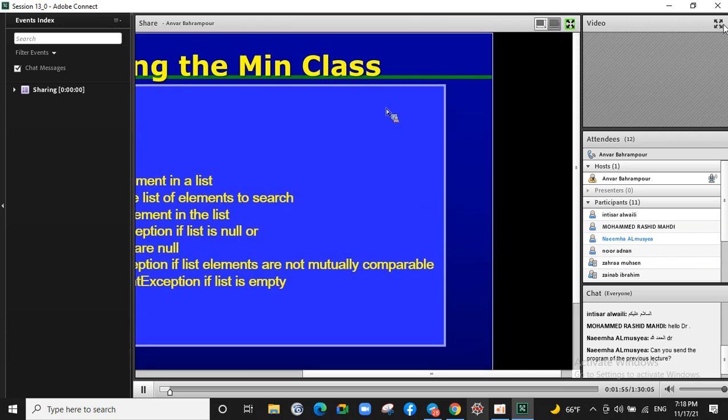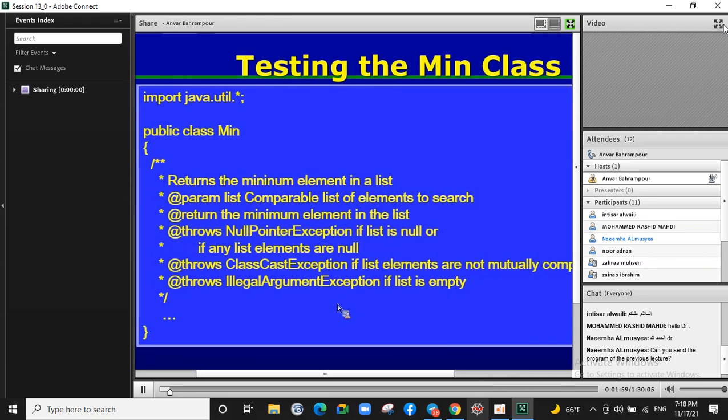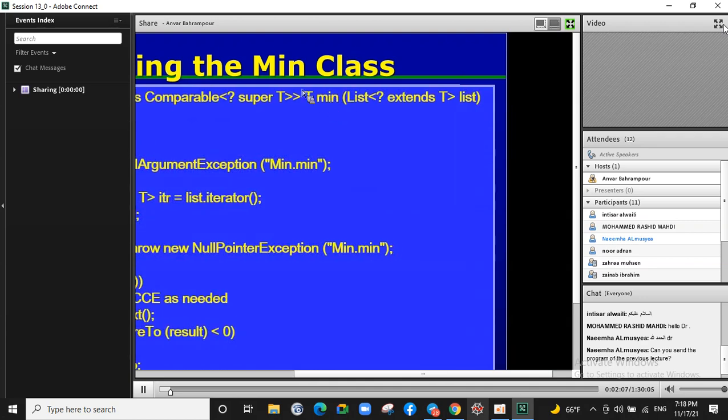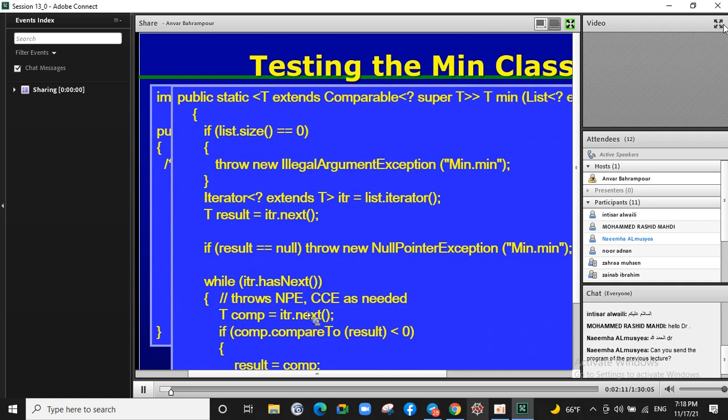And we had explained the specification of the min class, and we talked about how to implement the min method of our min class, and in this method we talked about what considerations are necessary in implementation, such as checking the null lists, checking the empty lists, and returning appropriate exceptions, such as checking the class cast, in which we expect that all elements of a list should be in the same type,